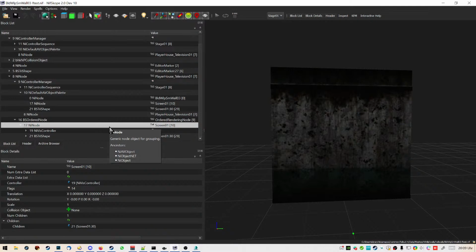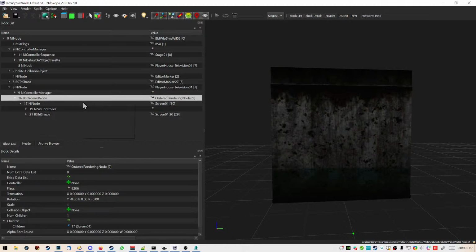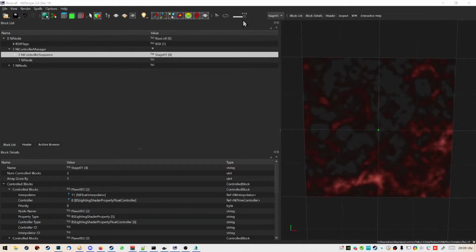Ugh. Why do they have so many? Then okay, there was screen 1, screen 2, screen 3, 4, 5, 6, 7. This makes sense here, but not in mine. I don't need an ordered rendering node in my animation object, which works super fine, just not in game. What could it be that crashes it? I remember physics can crash, but